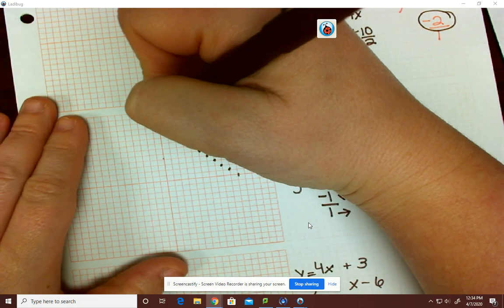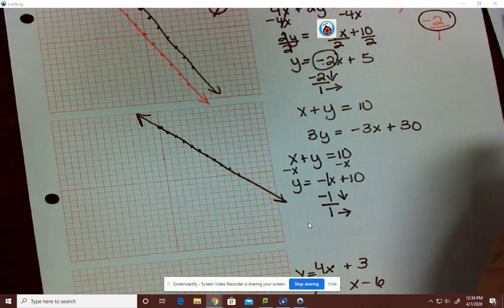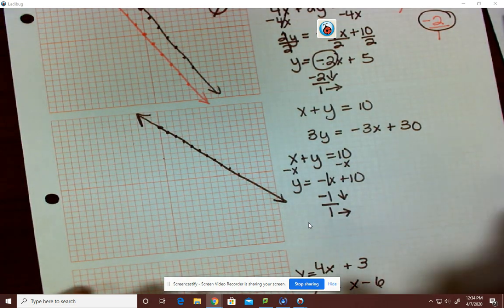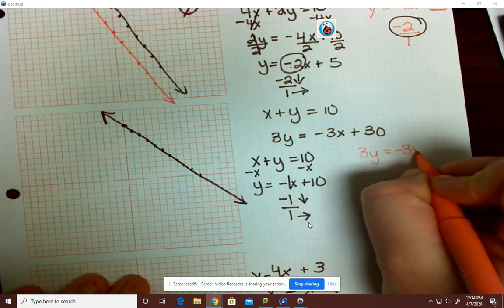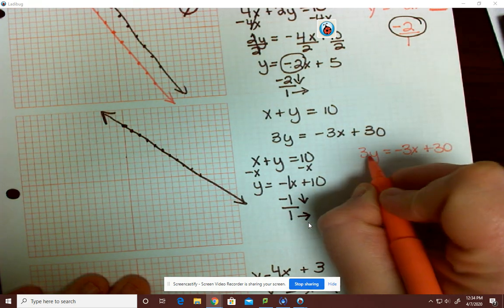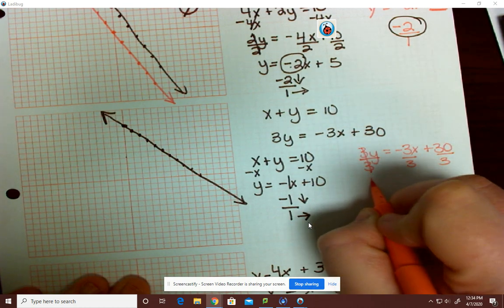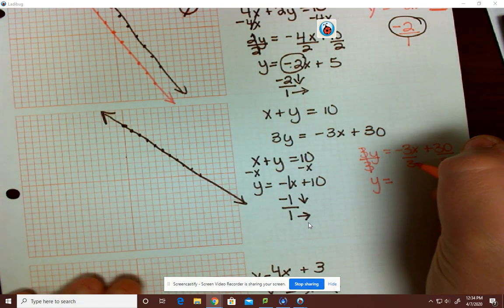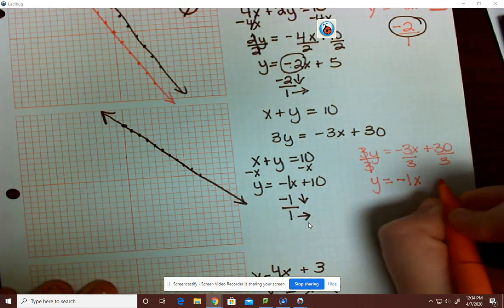There's a few points there. Then on my other line, to get y by itself, I need to get rid of this 3, so I divide everything by 3. So negative 3 divided by 3 is negative 1. And 30 divided by 3